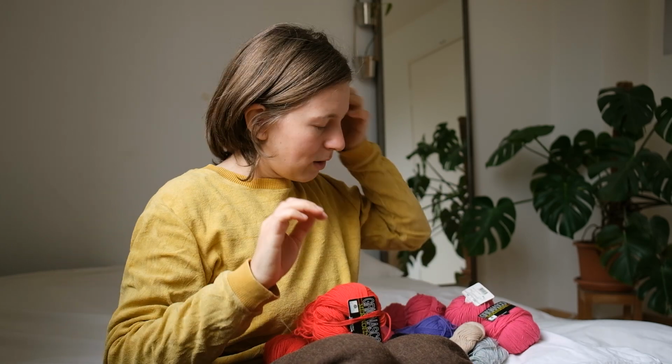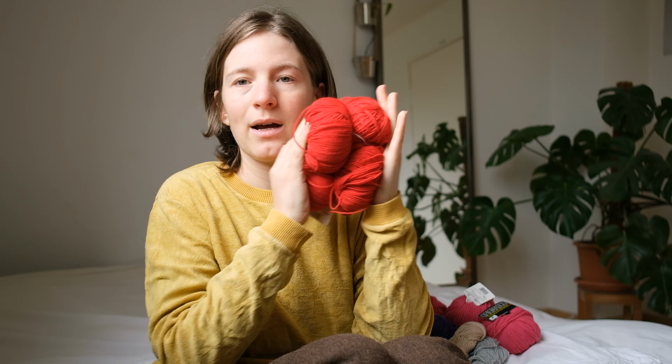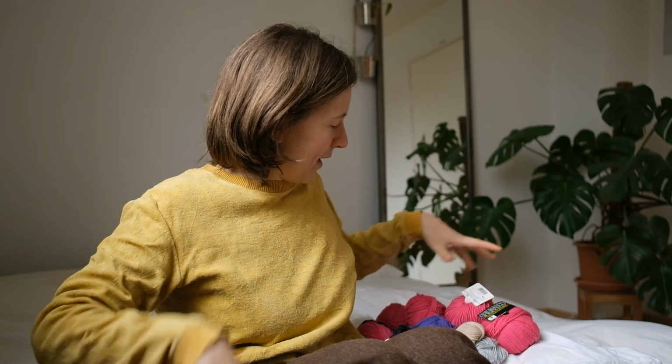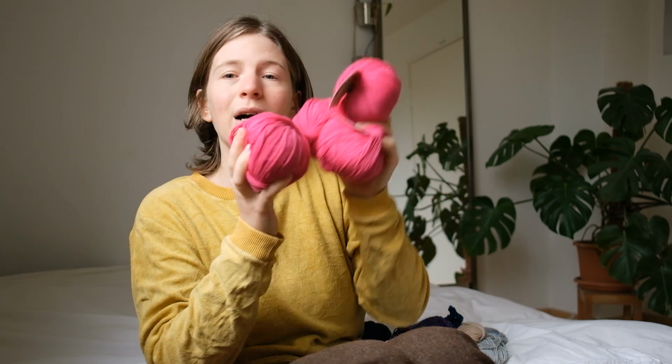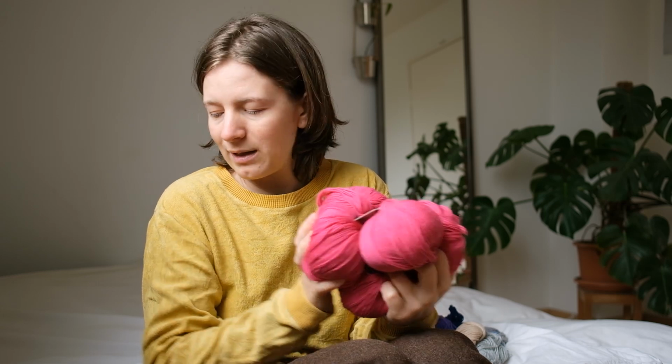And this is all 100% wool yarn or sock yarn. I have these 4 red skeins, and this is not a color that I would wear, and the same goes for these 5 pink skeins. But I thought it's still a great yarn. It feels really, really soft, and I'm sure I can make something beautiful out of it that hopefully someone